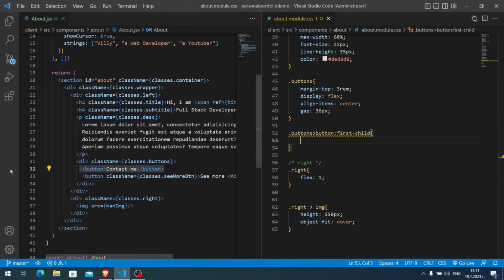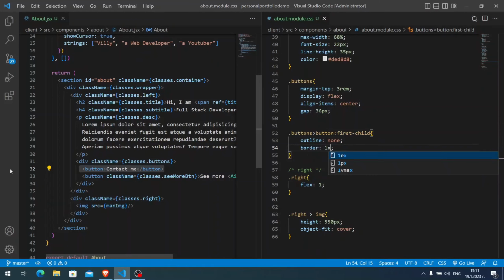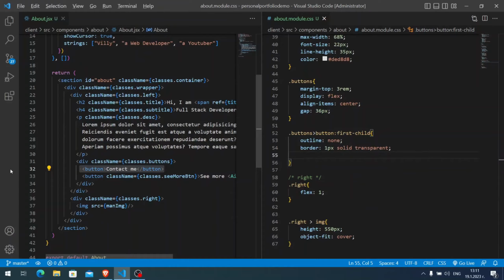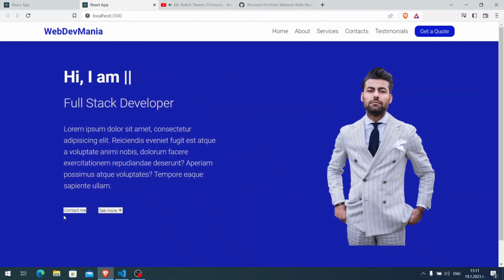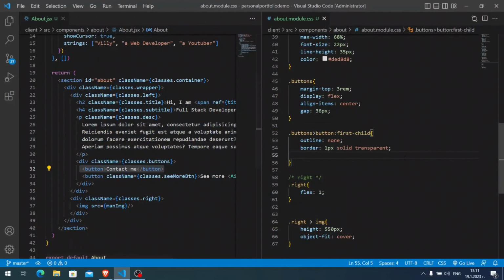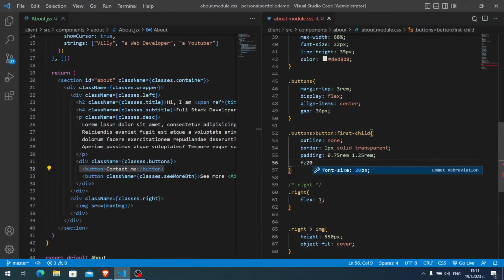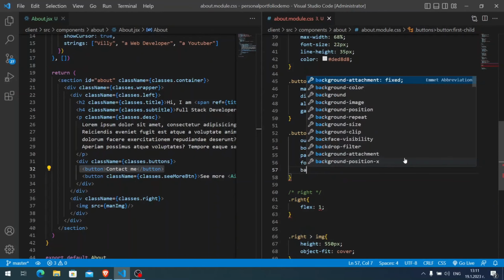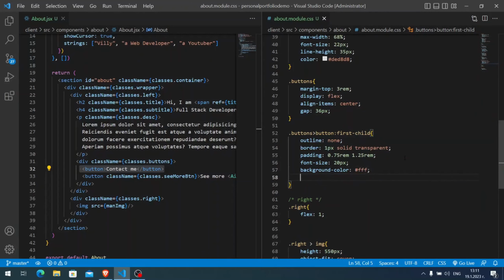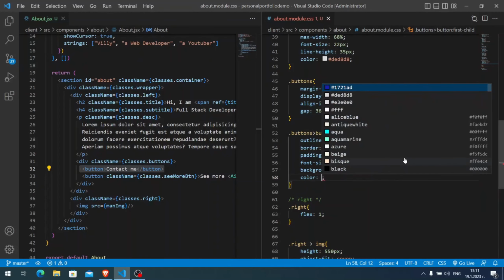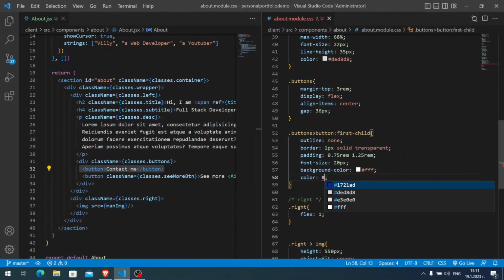So here first child is going to receive an outline of none, border of 1 pixel, solid transparent. So this means that the border is going to be the same with the background color, so you're not going to see it. Then padding of 0.75 on top and bottom, and 1.25 on left and right. After this, a font size of 20 pixel, background color is going to be here of white, then a color of hash color again, so type with me